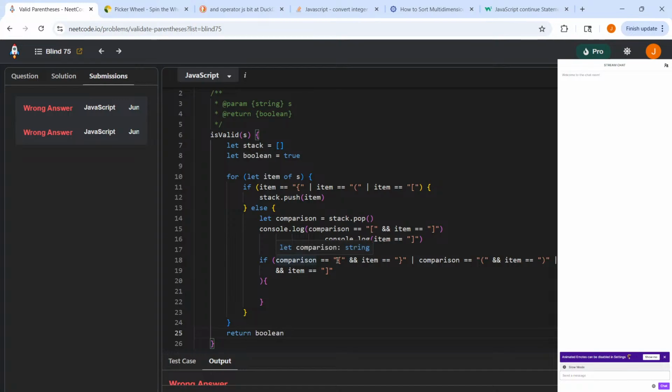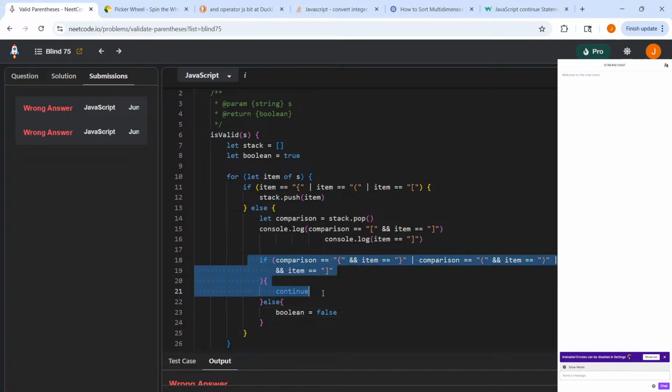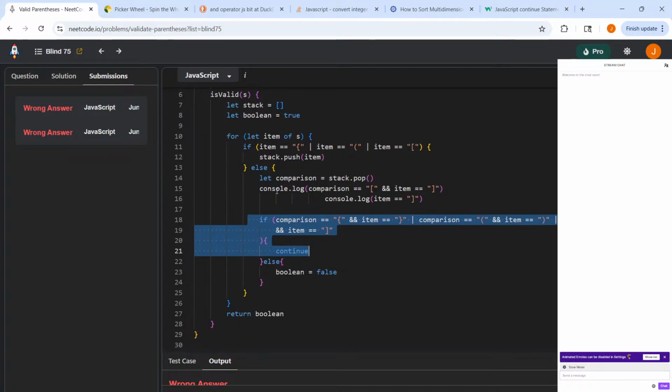So if comparison is this and item is this, blah, blah, blah, we can continue, or if not, Boolean equals false, right? And then this will make us go to the next bit of the loop, and then